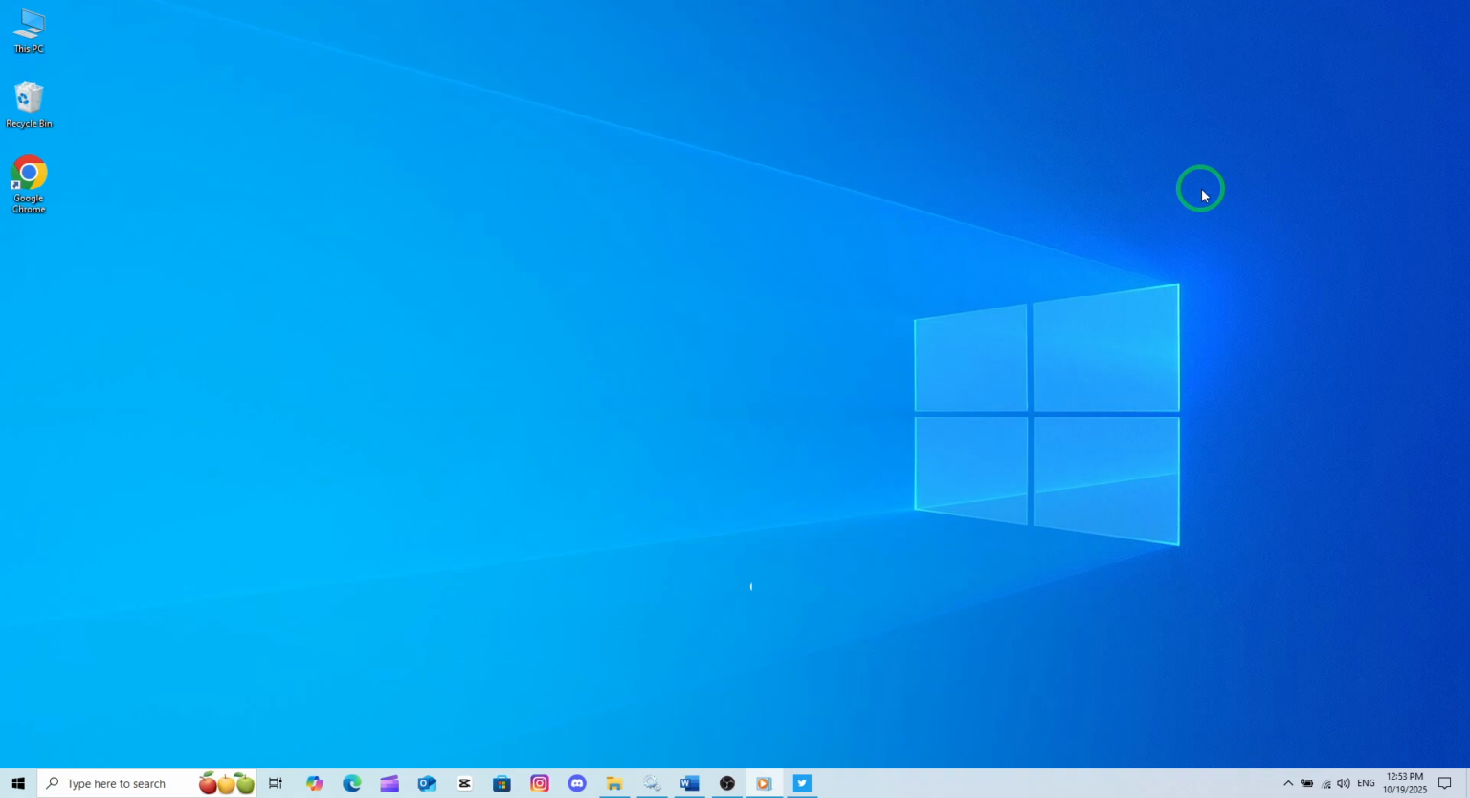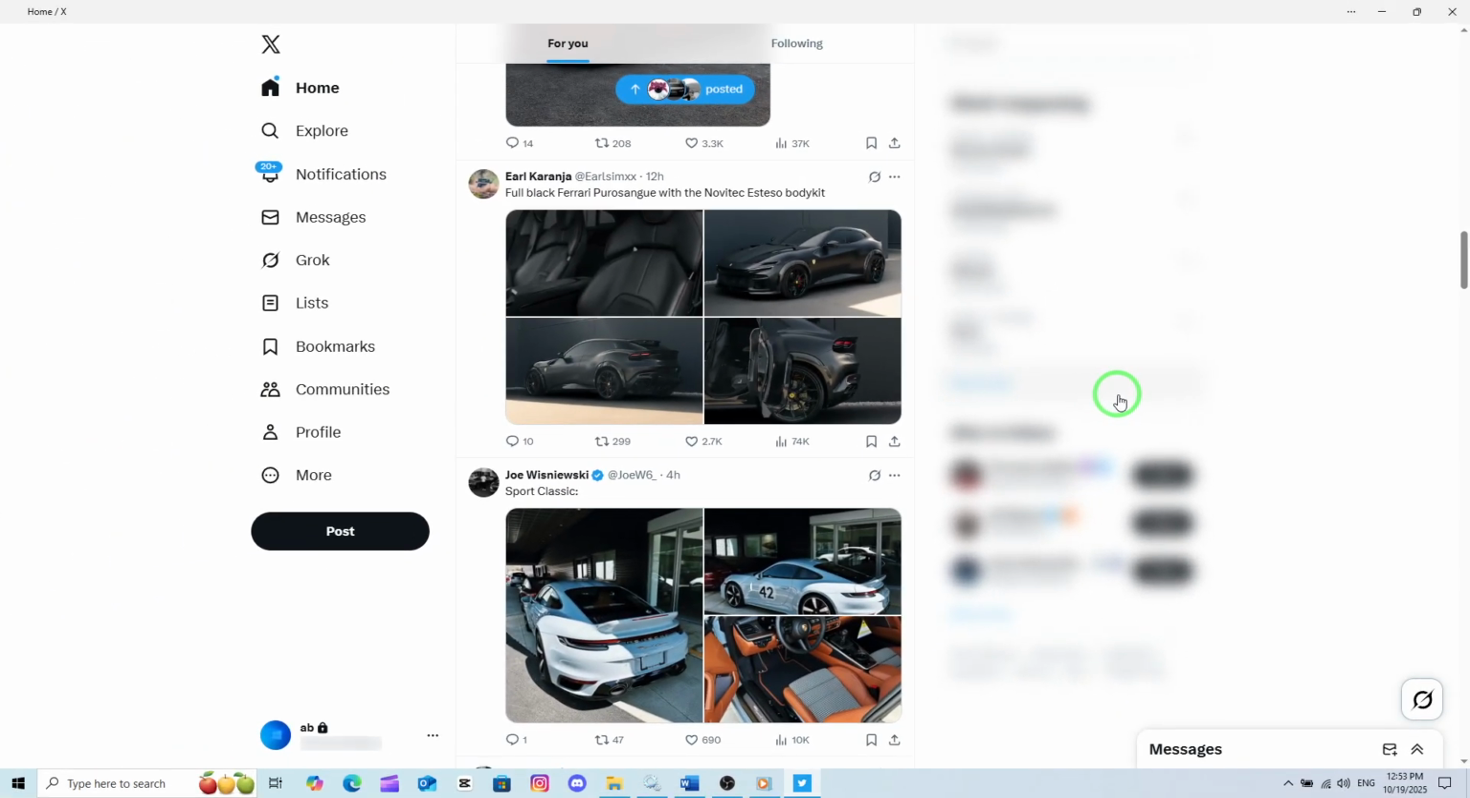Let's get started. First, open the X app on your computer. If you're using a web browser, just go to the official X website and log into your account with your username and password. Once you're signed in, you'll land on your home feed, where you'll see all the latest posts